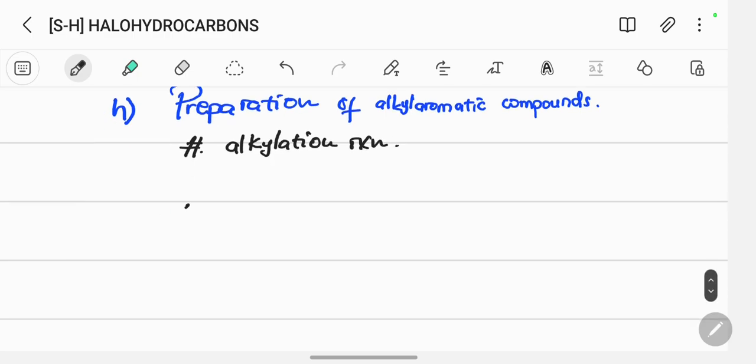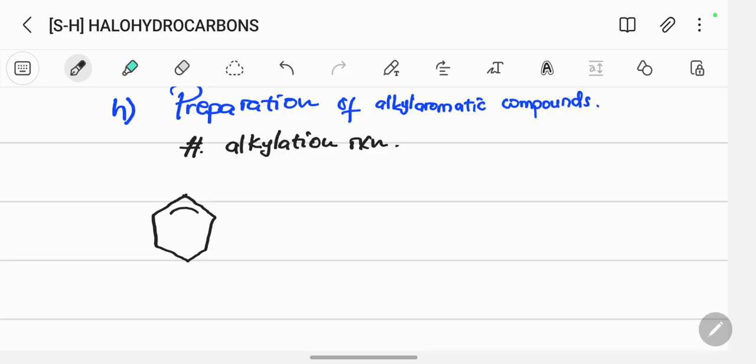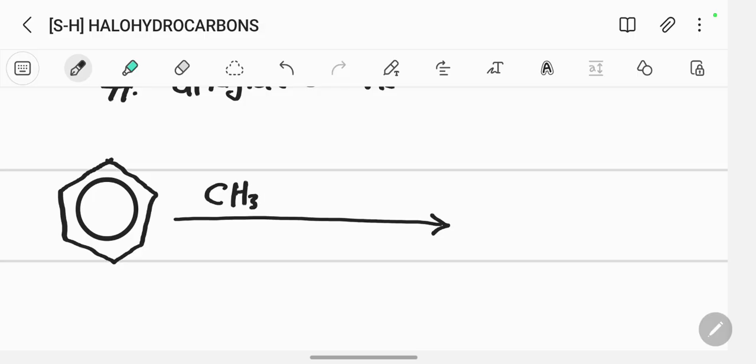So what do we expect in this? Whenever you see that word aromatic, just know benzene is the chief there. So if I'm having my benzene and I add in maybe CH3CH2 and bromine,